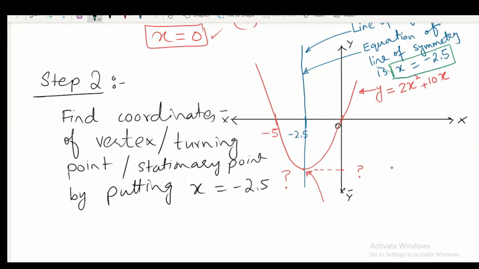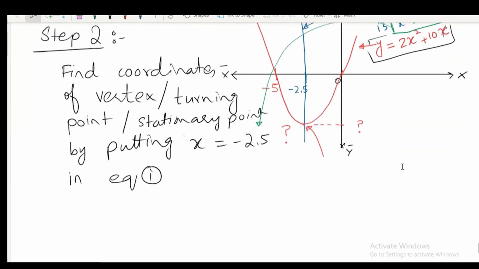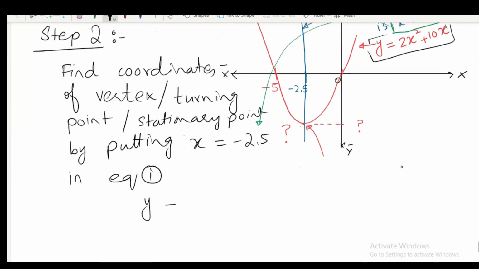So I'm going to put this x equals minus 2.5 in the original function, equation number 1, which was y equals 2x squared plus 10x. So y equals 2x squared plus 10x here, and by putting x equals minus 2.5,